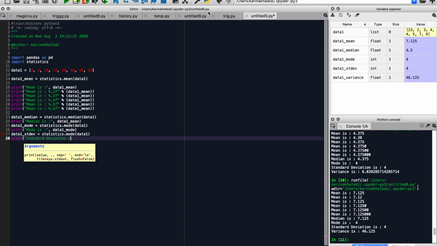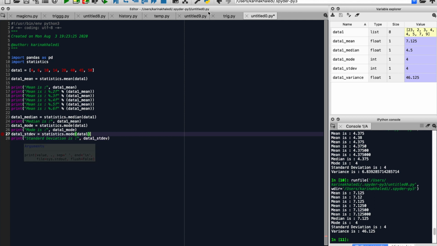Standard deviation is colon quote. We have an error, so we have to go back and fix that. Data1 underscore stdev equals statistics dot stdev data1. Yeah, that fixed itself. So now after we have a print statement done, we're going to write data1 underscore variance